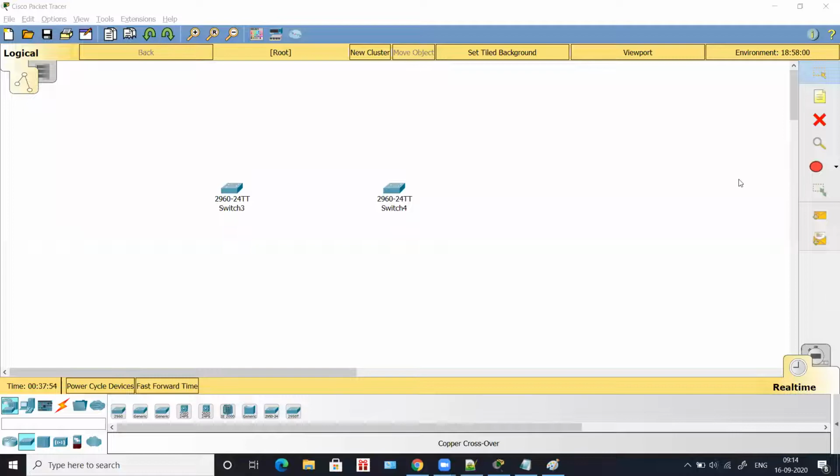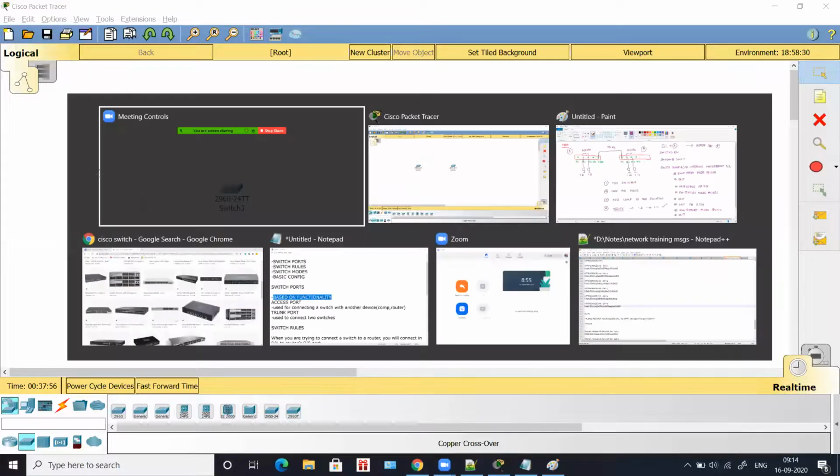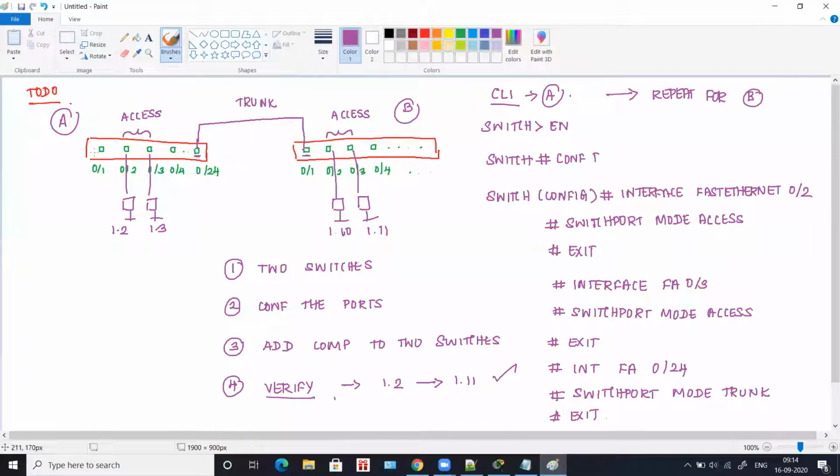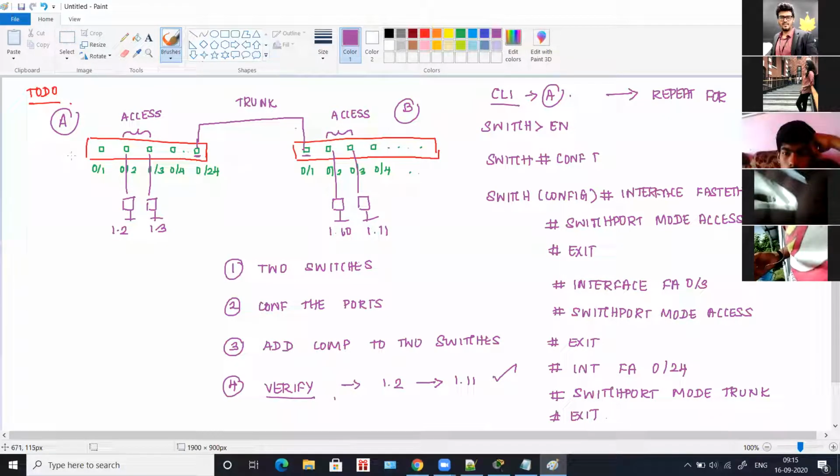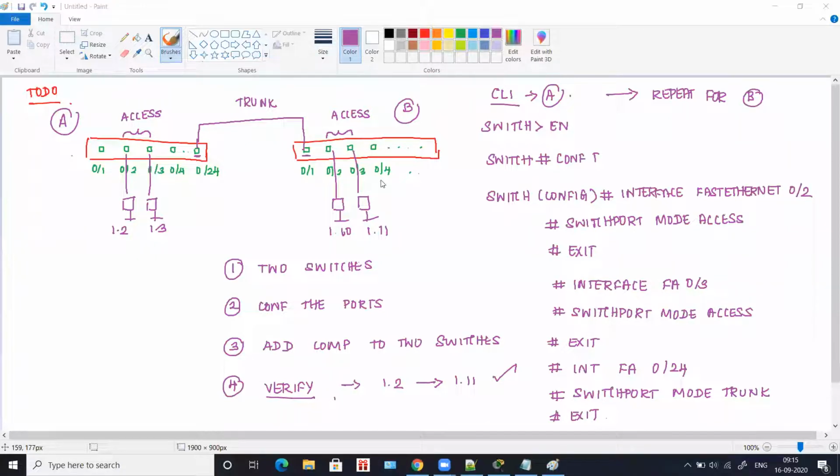Okay, now as per this diagram, as I told you, 0/1 you normally leave for the router. In case you want to configure 0/1, yes, you can make it an access port. But here we are concentrating only on 0/2 and 3 and then 24, and in the same way here 1, 2 and 3. Whichever ports you are actually using, you can configure. If you are not using any other port, it is a waste of time configuring it. Whenever you need, you can configure. Okay, so now in Packet Tracer, we have two switches.